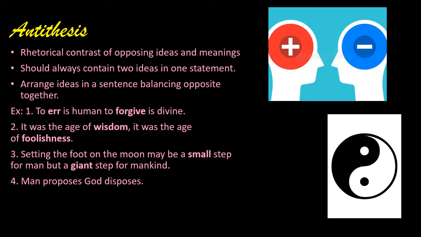In another picture you can see black and white, and you can see a small dot of goodness in the black. Black is normally a depiction of bad things and white is a depiction of good things. And even in good things, some small bad would have already happened. That is life. So life also is a depiction of antithesis.